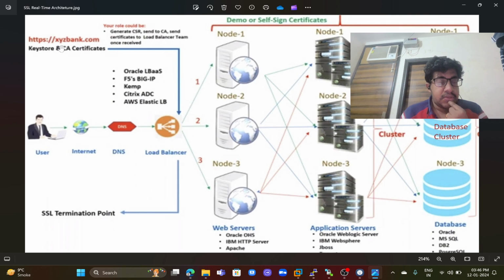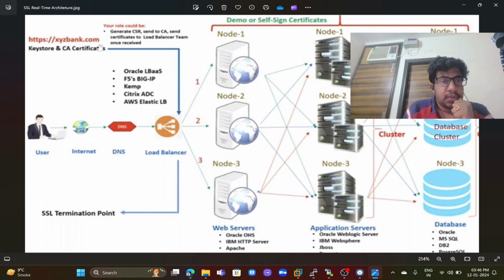Now, we are accessing the domain by using a URL in the browser. The browser has an installed public certificate, and that certificate matches with the server certificate. Okay. www.xyzbank.com means